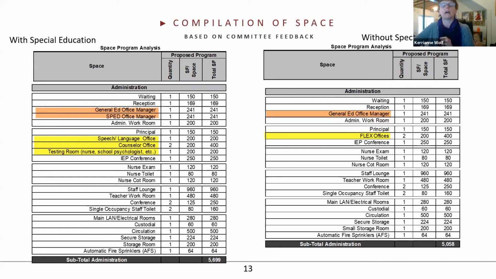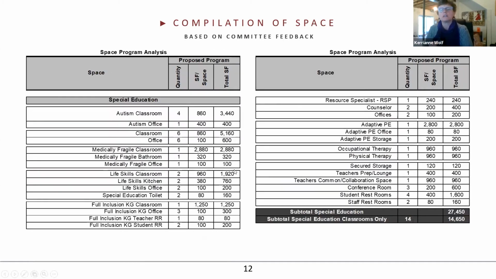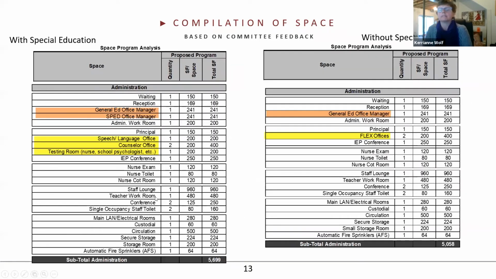Used to have 2 lounge rooms. We have over 80 employees. Do we have a lounge? Can we go back for a minute, Karen, to the special ed spaces? Yeah, we have a teacher's lounge there for 400 square feet. And then we also have one in the admin now at 960. That's something we can talk through. I don't know if you want still 2 lounges, if you need them to be the same size. I don't know if you want to call one special ed teacher lounge or